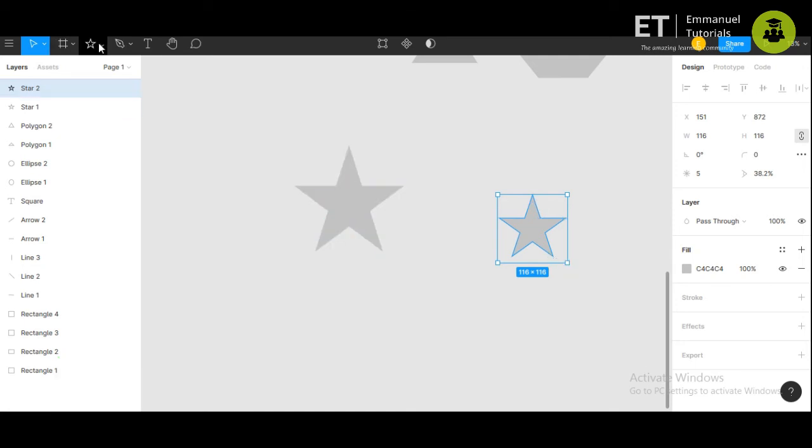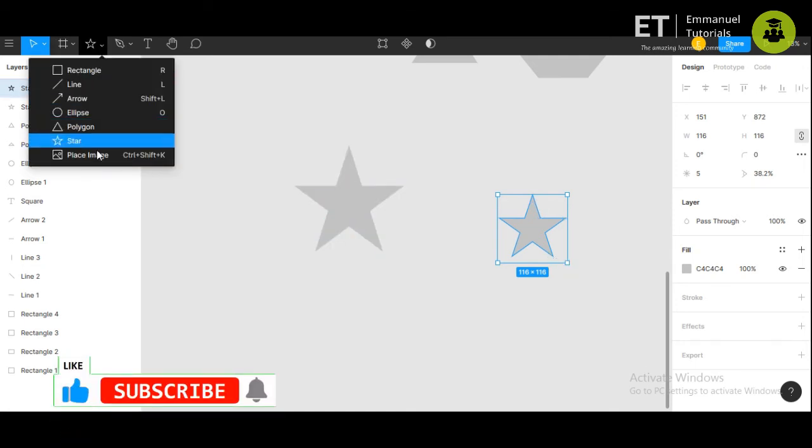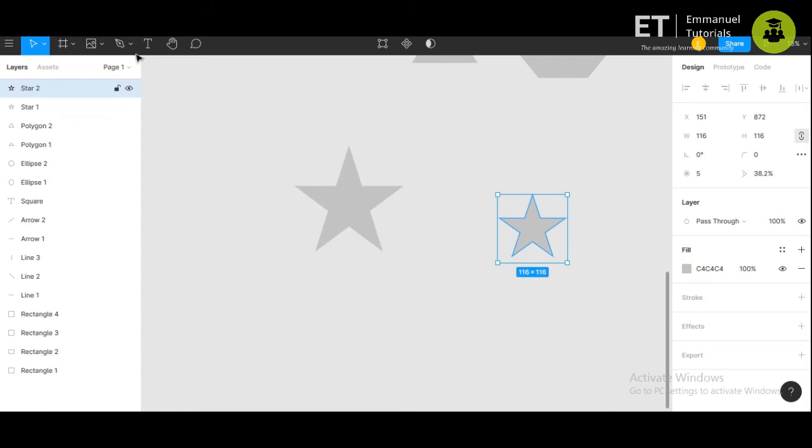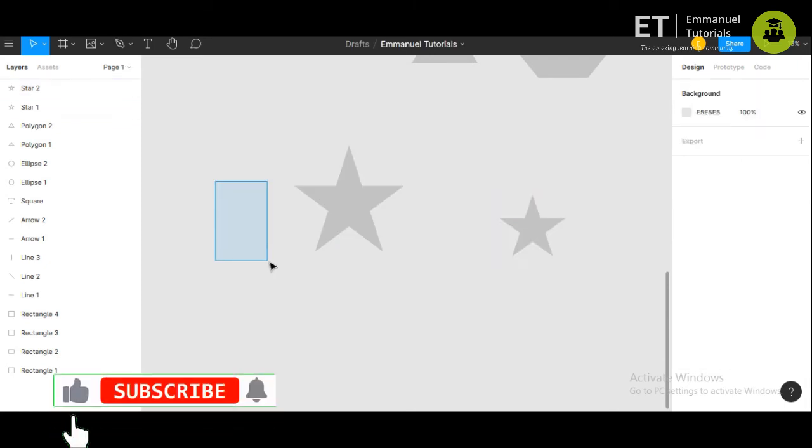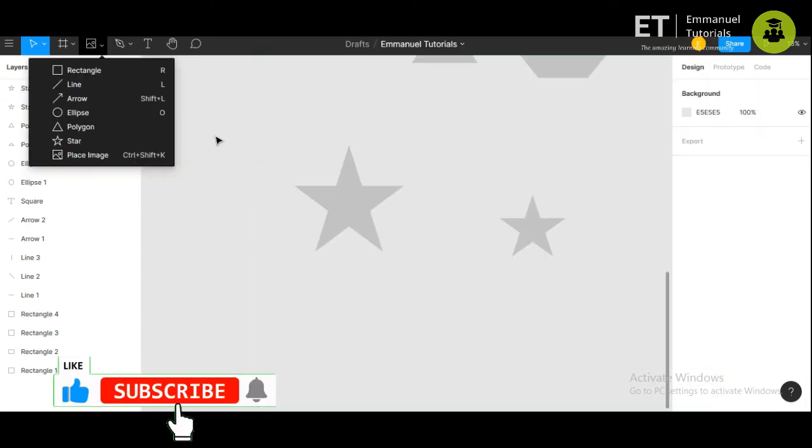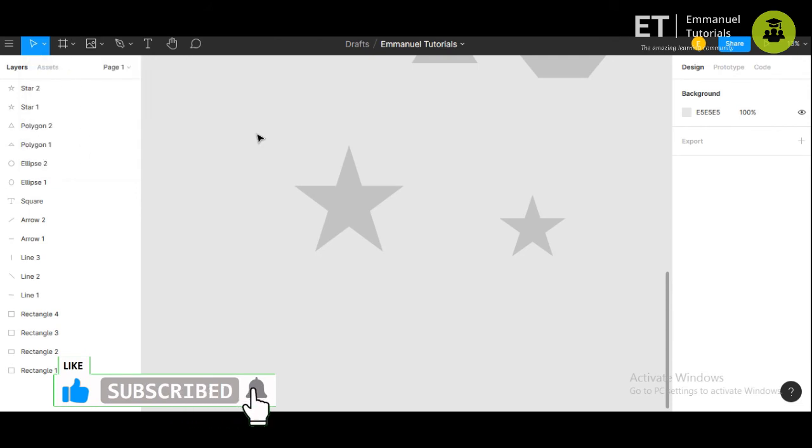Now next, this is for place image. If you want to place an image here, then you press the place image and you drag the cursor here, then you will get an option to upload the image which you want in this area.